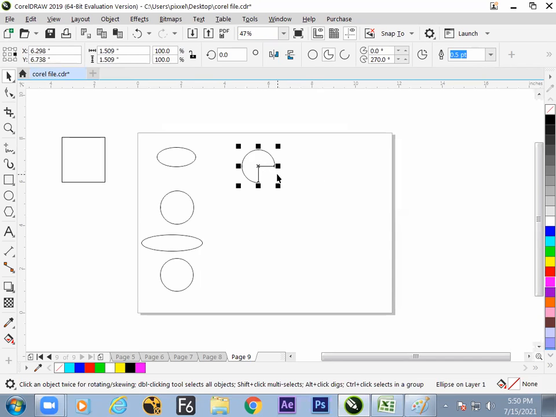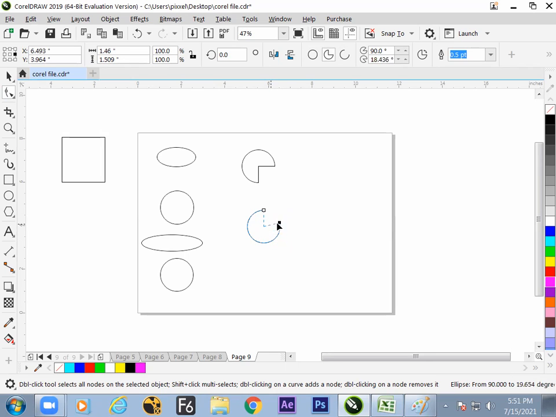Now let us check how to control these properties. Just make a duplicate, come over here, make the circle. Now switch to which tool? Shape tool. We have already learned F10 is for the shape tool. We can move it and get it open. This is one of the ways.